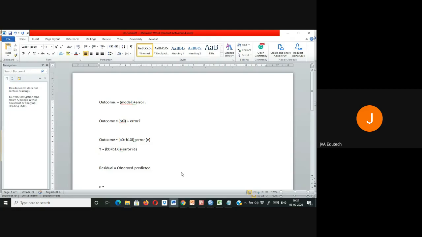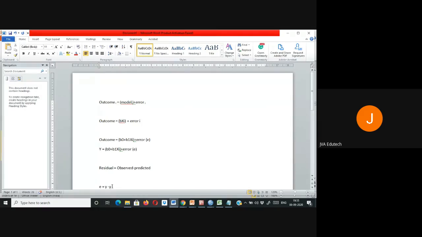They will always exist between two data points, where this is the total error in your equation. Got the difference? Yes, sir. Understood. So it will be y minus y, and there is a symbol